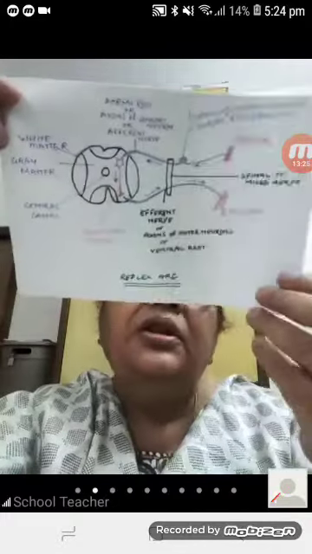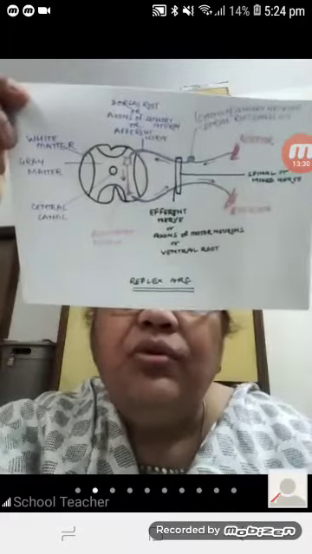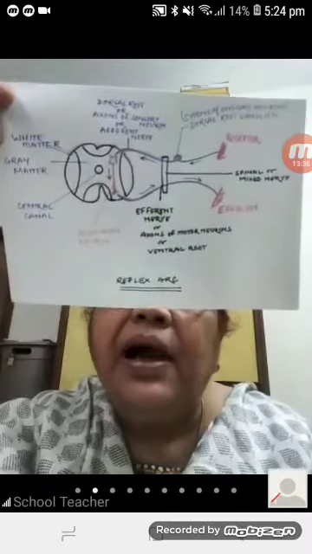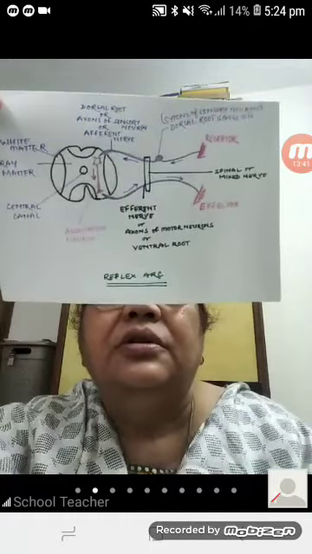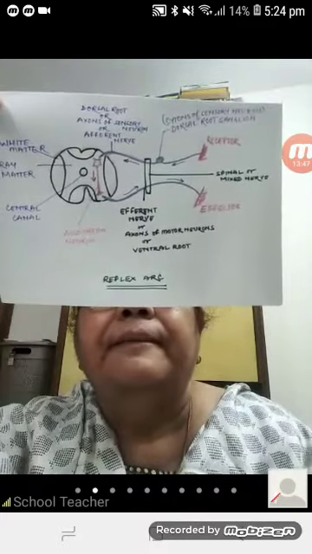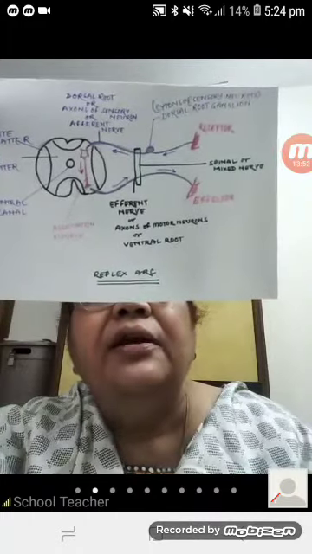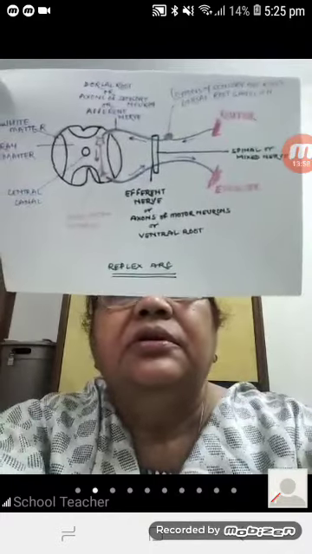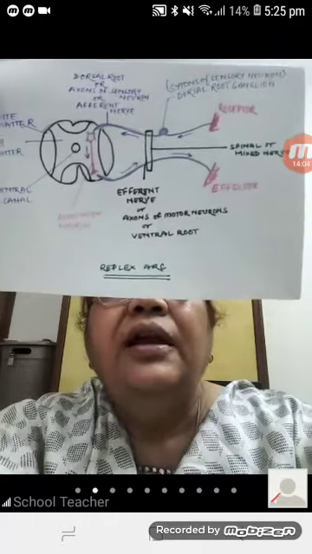You have to write all the 3 names. Like dorsal root, it will never be R-O-U-T-E, as Mano is writing continuously. It will be R-O-O-T, root. It will be axons of sensory neuron, or afferent nerve, afferent or sensory nerve. And it will be